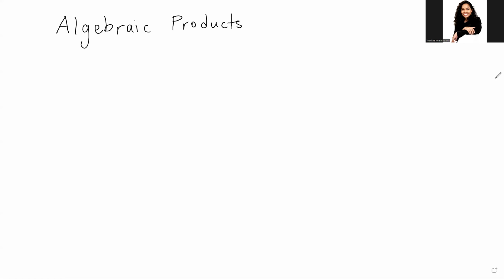So for algebraic products, guys, when you see the word product in math, it means multiplication, right? And algebraic products simply has to do with multiplication involving algebra, so unknown terms, variables like x and y and that kind of thing. But more specifically, what we're going to look at today is expanding first just single brackets and then